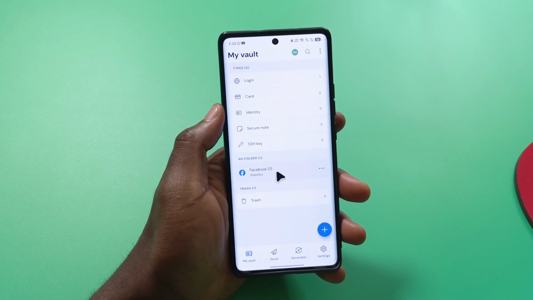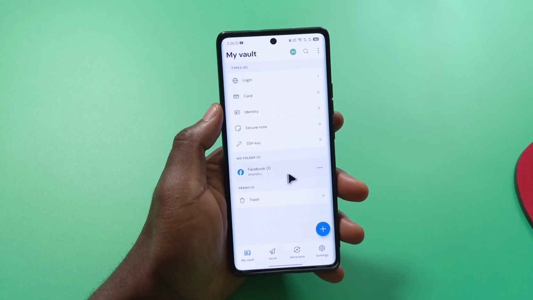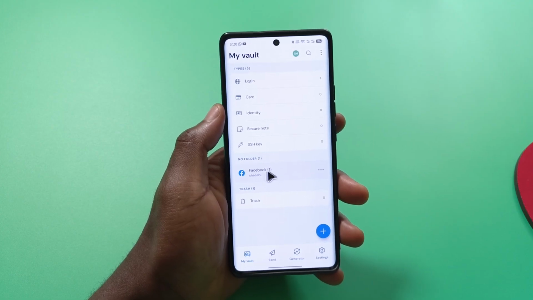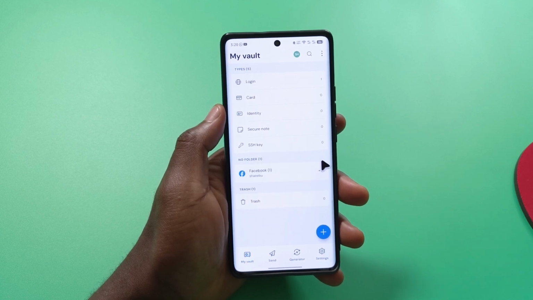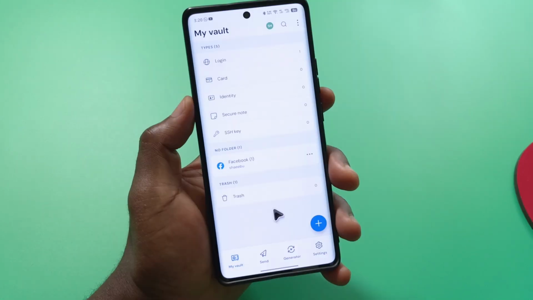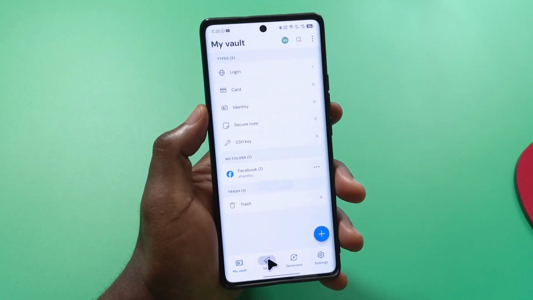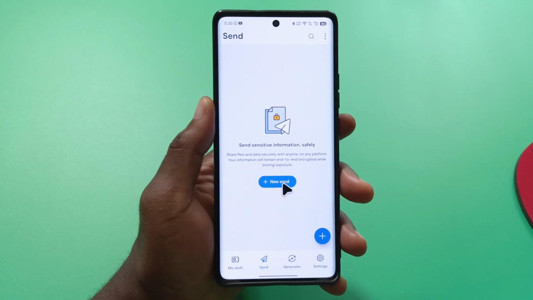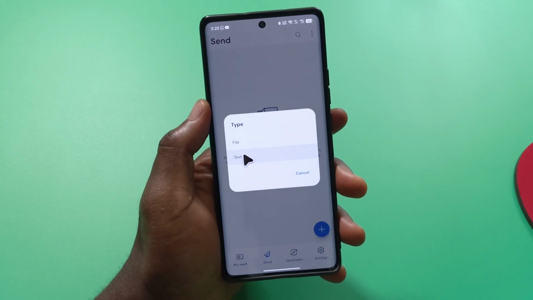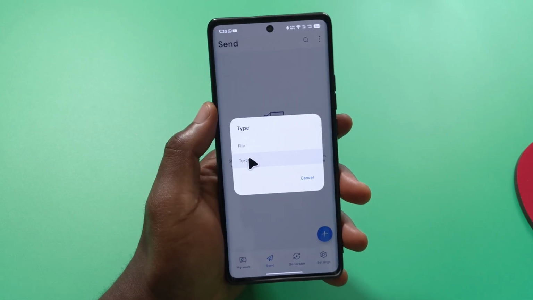So I only have one account, like I only have one password created on Bitwarden, and it's not a real password, but let's just say someone asked me for my password. Maybe this is the password of my friend's or my sibling's Facebook, and they want the password. So all I'll do here is just tap here and then tap copy password. After that, I'll come down here to send, and with this button I can create what I want to send. So I'll tap send, new send, and then since I'm sending a password, it's a text, so I'll tap text,